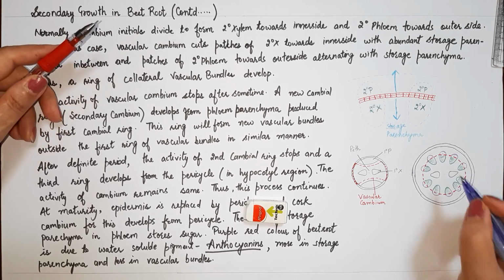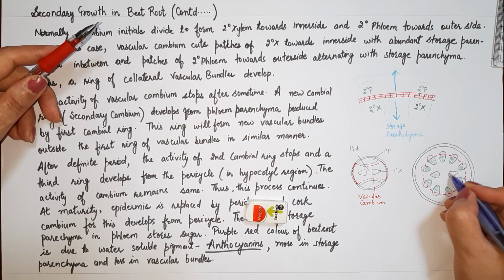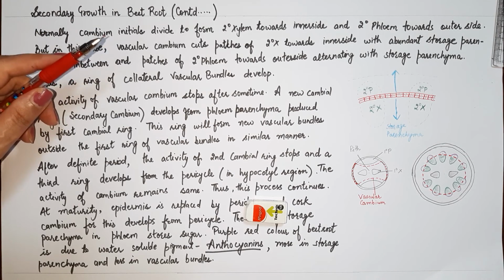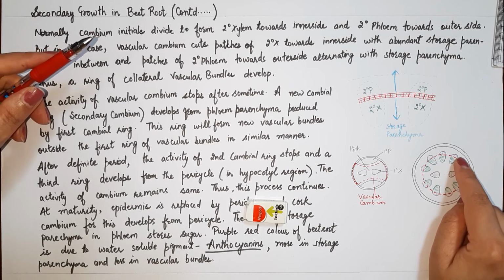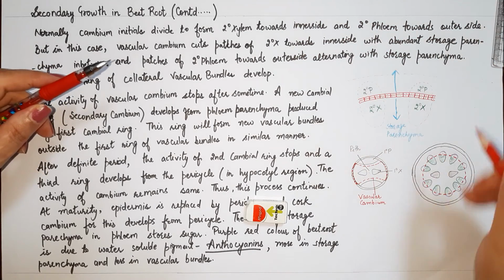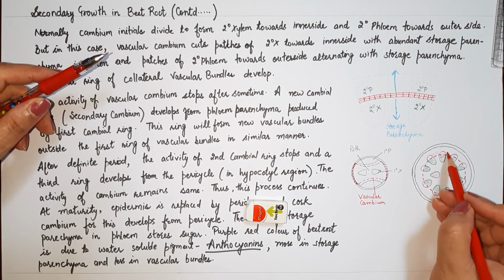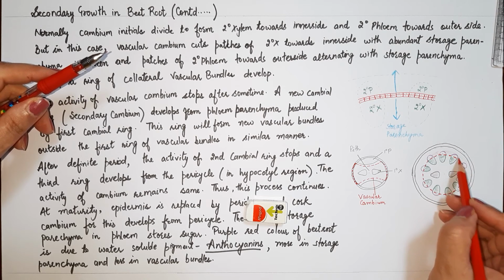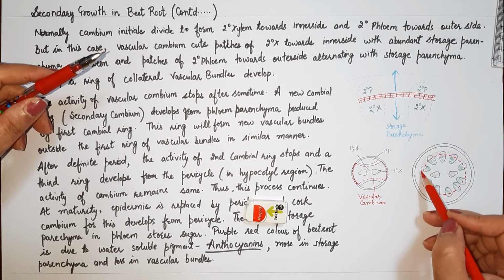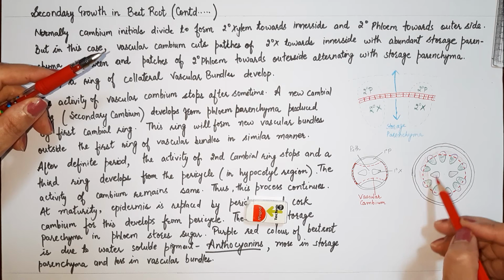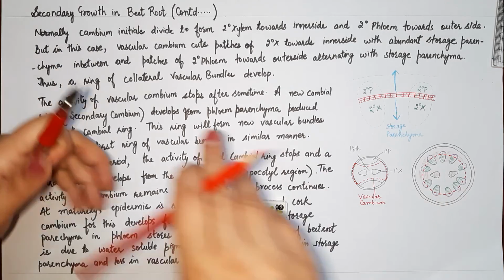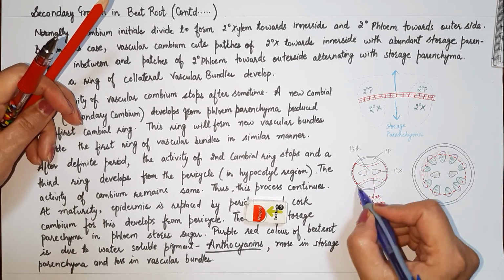And primary xylem with lines. So, this is the activity in which now there is development of secondary xylem towards the inner side, secondary phloem towards the outer side, and what will be in between? The in-between complete region is having storage parenchyma. So, this complete part towards the inner side, you can shade it or make it dotted, as well as towards the outer side, is storage parenchyma.